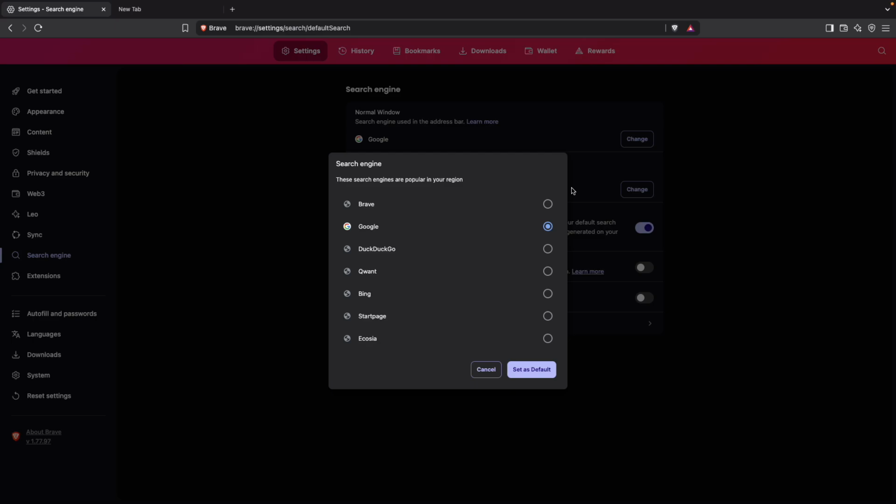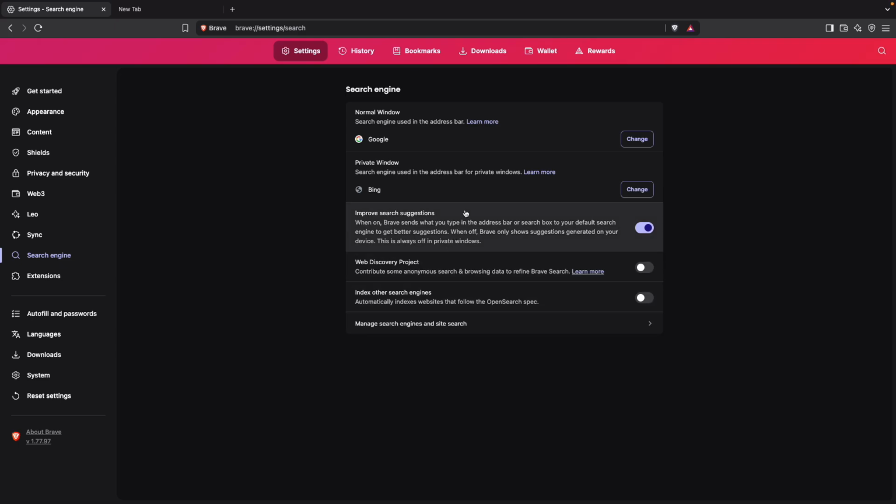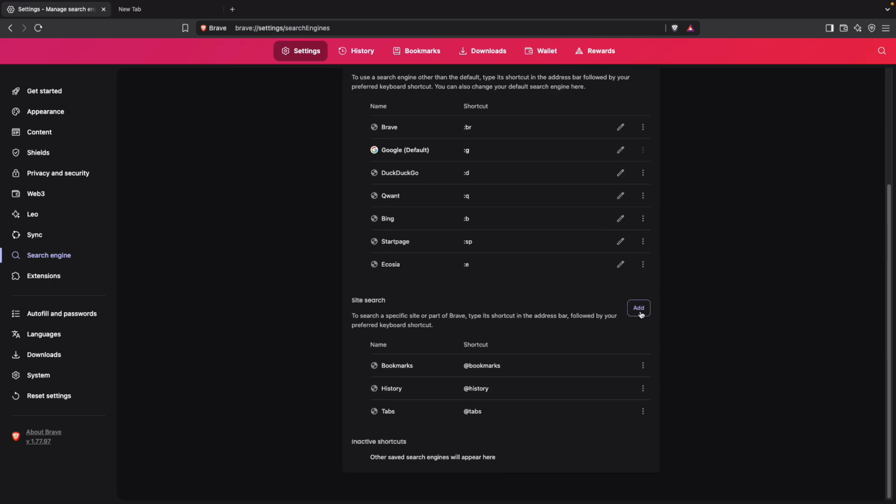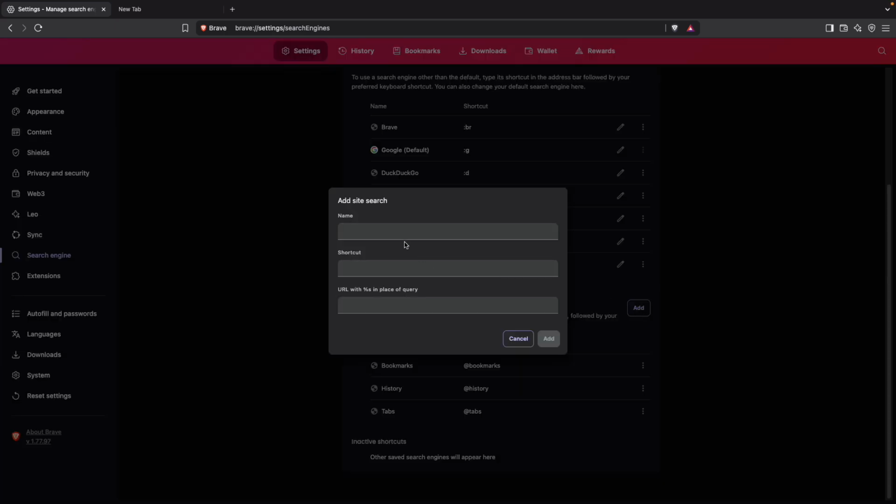On the other hand, if your desired search engine isn't listed here, you can click on this Manage search engines and site settings option and click on this Add button, and here you can add your favorite search engine. To do that, for example, I'm going to add the Startpage search engine here. So I'm giving it the name Startpage. I'm giving a shortcut here, SP,